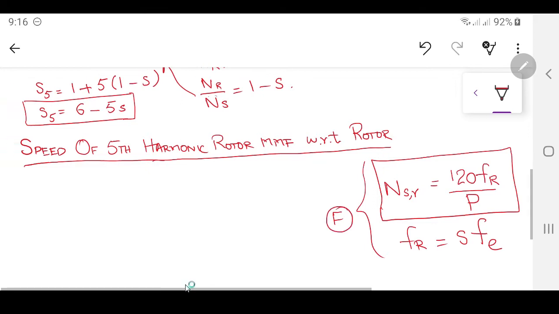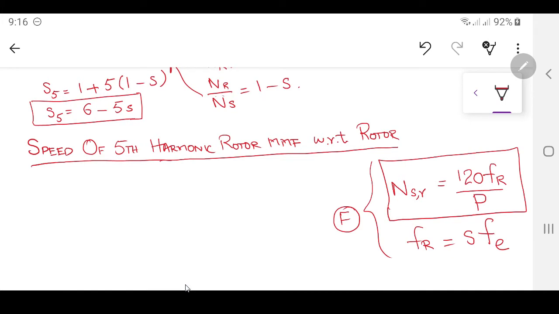Now this time I have to find out the speed of the fifth harmonic rotor MMF with respect to the rotor. You can write 1 here as well for the fundamental. I need the MMF speed for the rotor, NSR comma 5, the fifth harmonic flowing inside the rotor and its speed with respect to the rotor. The formula remains the same, 120 remains constant. Instead of Fr, which was the rotor frequency for the fundamental, with Fr equal to S times Fe,